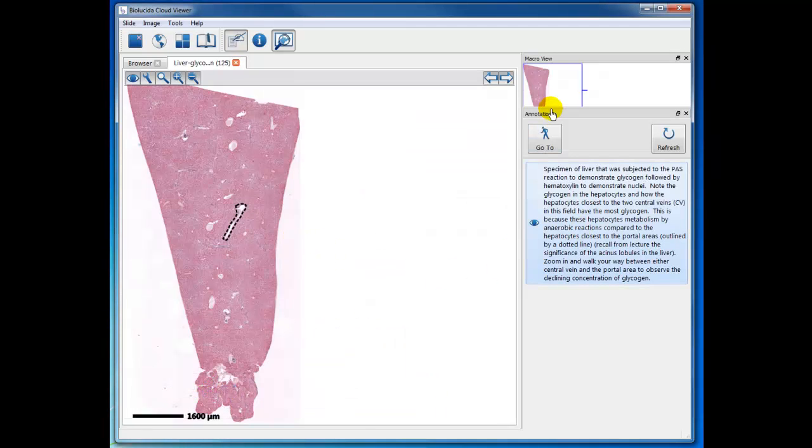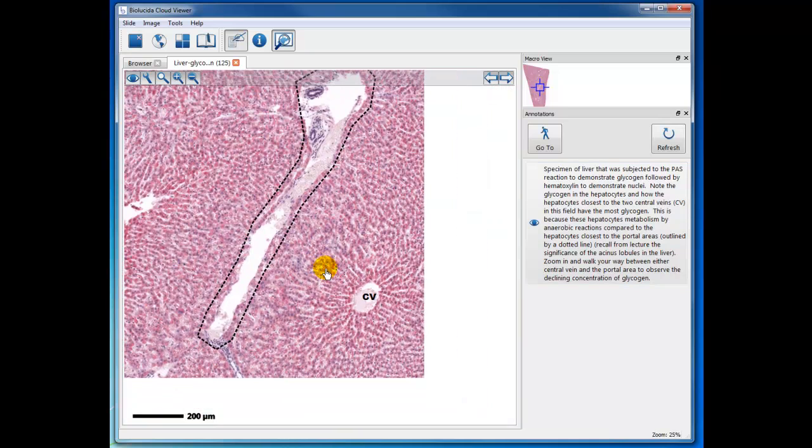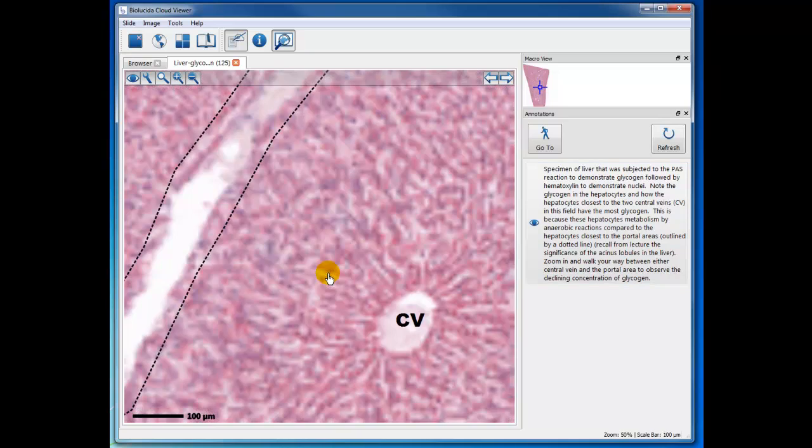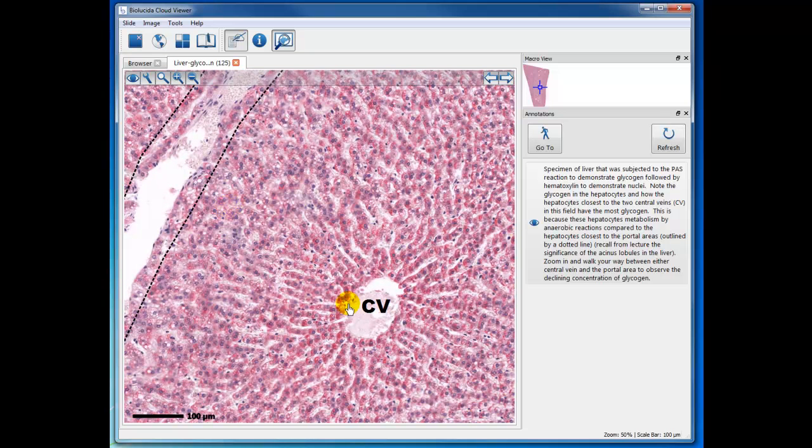It's pretty well fixed, and there is an annotation outlining a portal area. It's a rather elongated portal area, and there's a central vein here, and this specimen was stained not only with hematoxylin but also with the PAS reaction, which reacts for glycogen. And you can see here, as the annotation notes, that there's a heavier concentration of glycogen around the central vein, toward the central vein, than there is toward the portal area, because with the Zonal